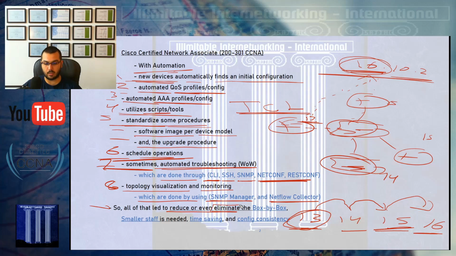All of the above led to automation, of course, reducing or even eliminating, actually we need to eliminate, not reduce, the box-by-box approach, because I will not access many devices in the future with automated networks. I will only drag and drop the new software image and the devices will upgrade themselves automatically. Smaller staff is needed. I have talked about that. Time saving, definitely time saving, and configuration